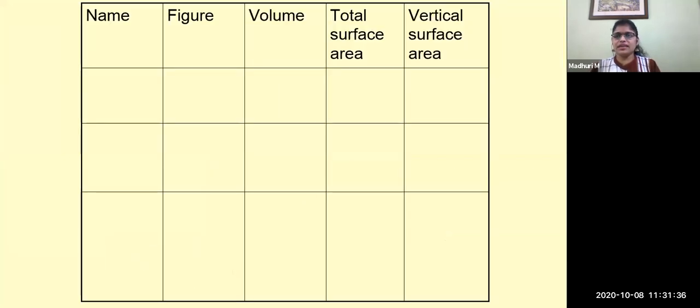Now, let us quickly recap what we have done so far. We started with 3 shapes: a cube, a cuboid, and a cylinder, right? And then we saw the curved surface area, the total surface area, and the volume, correct? So always try to assimilate the information in tabular form, or try to see it in such a way that you can compare them, because when we look at things in a comparative way, they get stored in our permanent memory. So no need to memorize again. You can simply remember it like that.